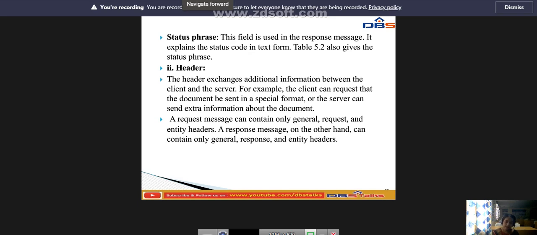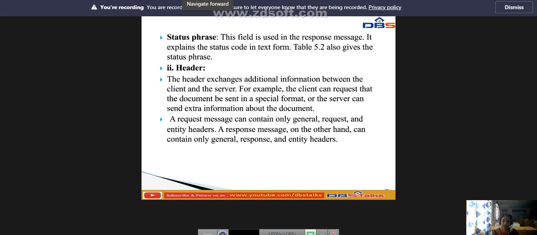Okay, what is meant by header? We are telling that we have a header. Header exchanges additional information between the client and the server. For example, the client can request that the document be sent in a special format, or the server can send extra information about the document.